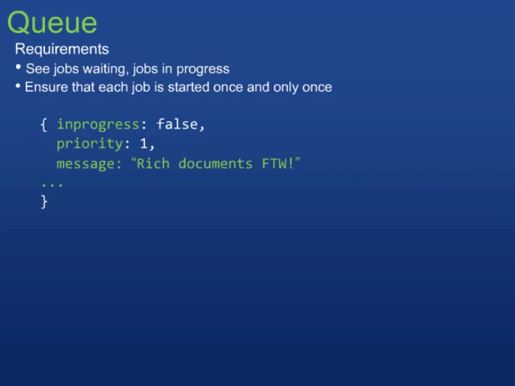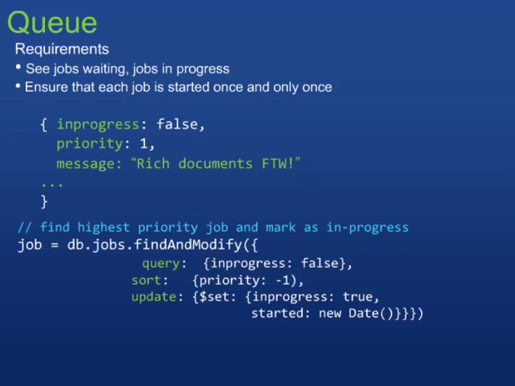Now, inside this document, I've got a status field, in progress, which says whether or not this job is actually running. I can store a priority, which says what's the priority of this job relative to everything else. And then I've got some message inside of there that reflects what this job actually is. So now, inside my application, I want to go find the highest priority job and mark it as in progress. So this is sort of the query that my worker task would run to allocate a job for itself